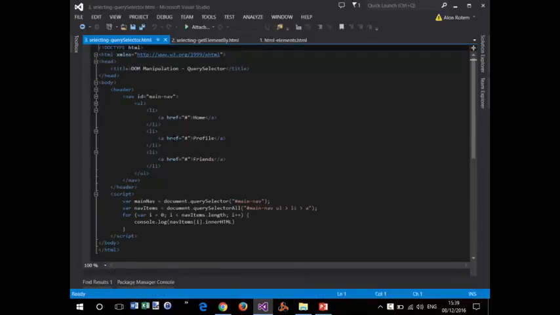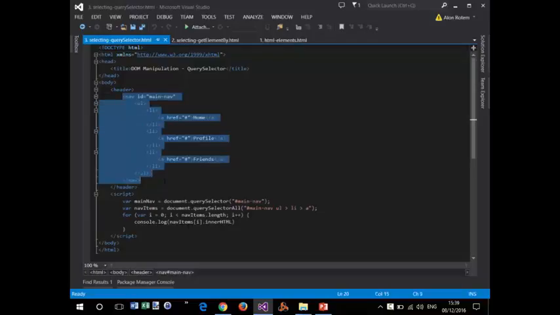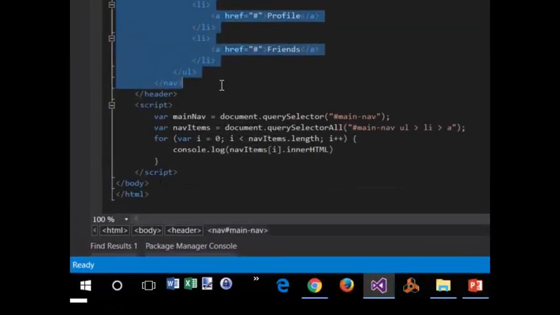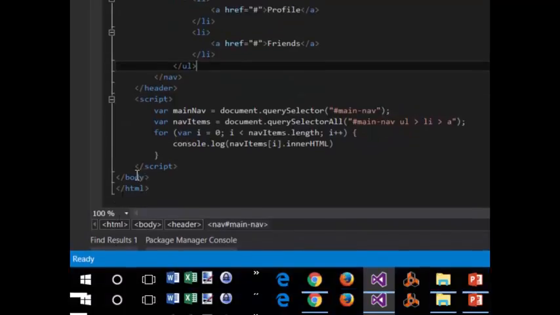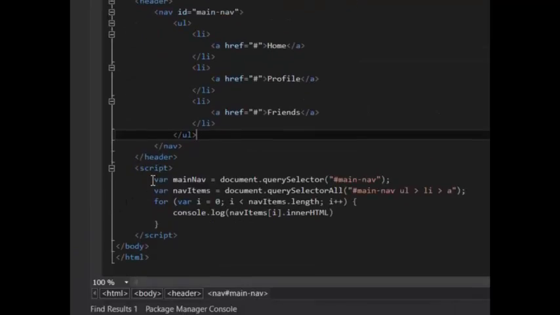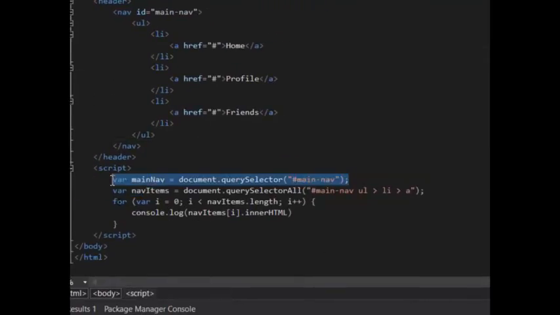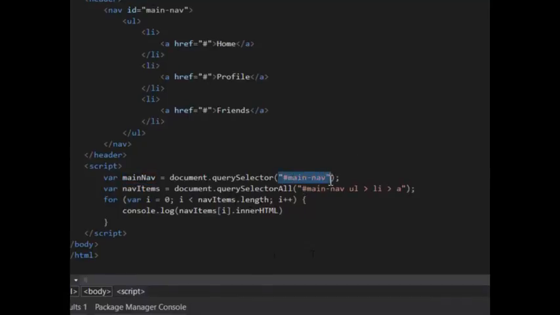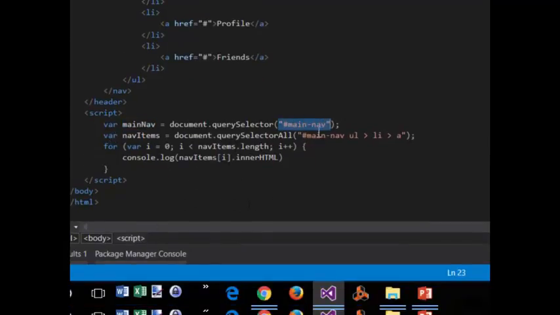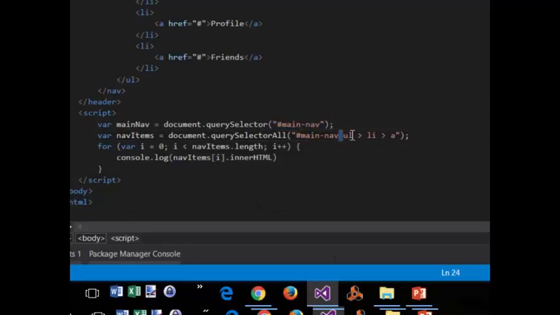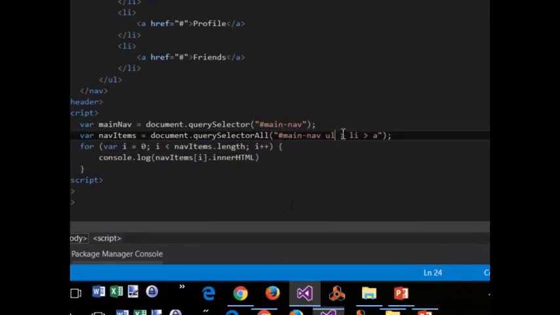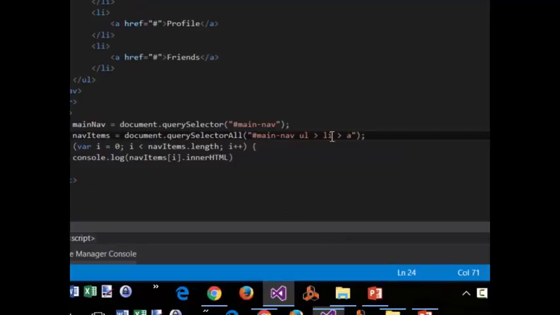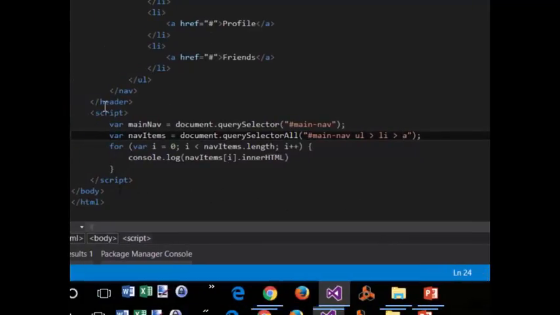Okay, almost the same page, the navigation with the links. Here we are again using the document query selector to get the main navigation item, which is by ID. And here we got the nav items, also by ID. Then we're going to the UL and all the descendants, which are LI and A. So actually what we are getting